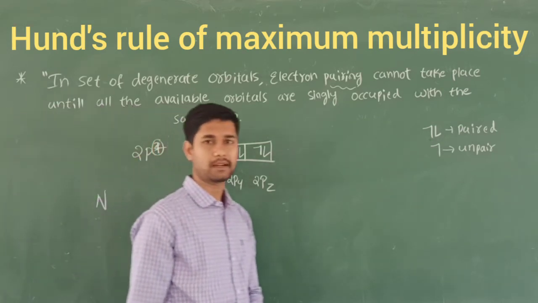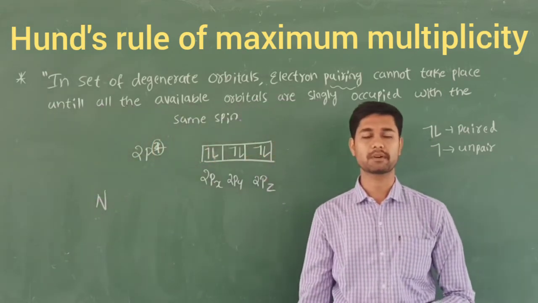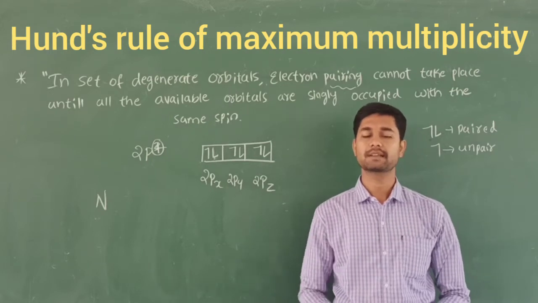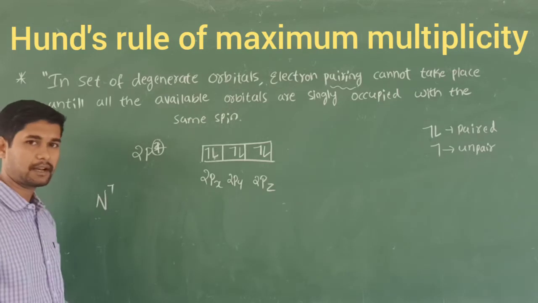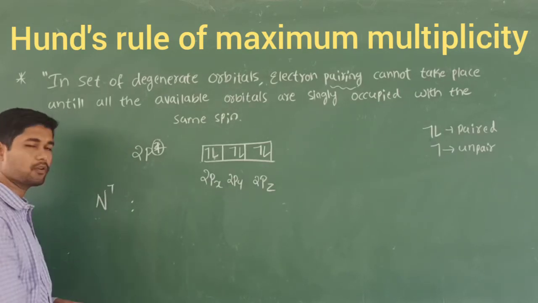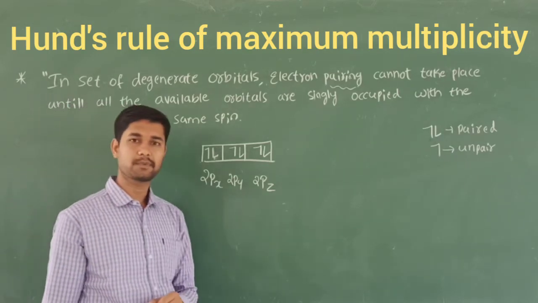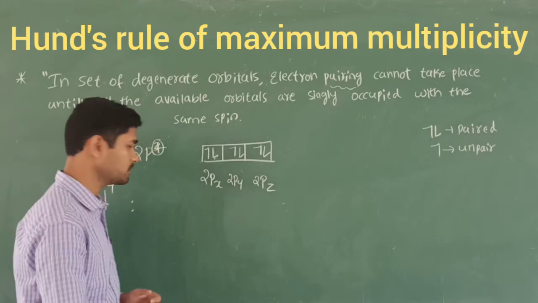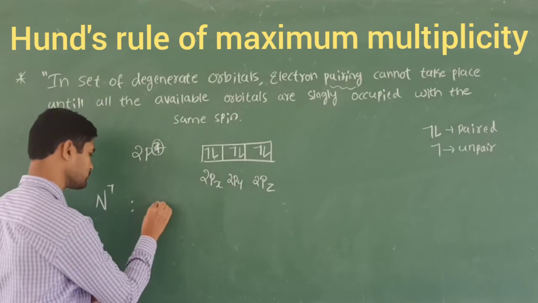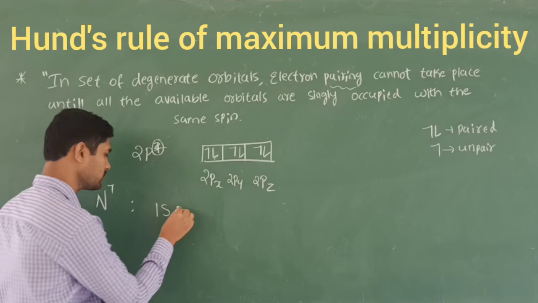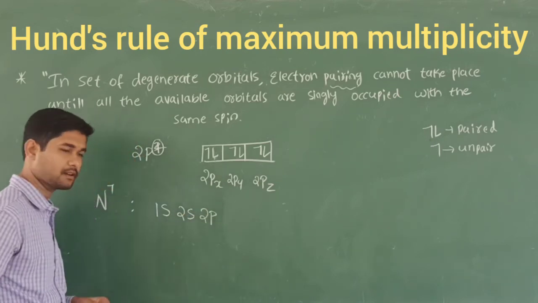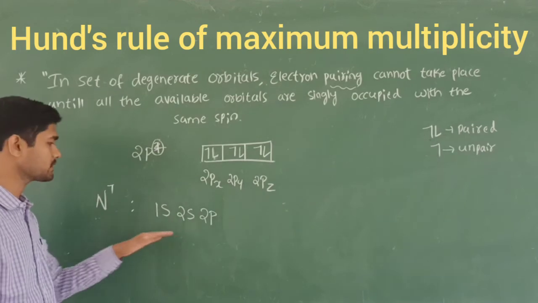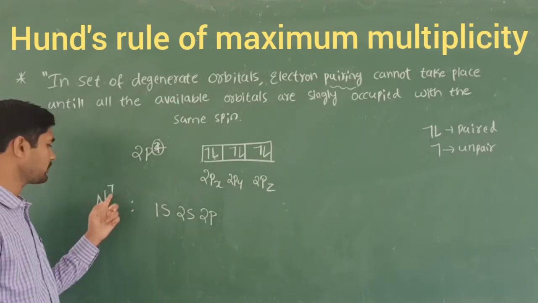Let me take an example of nitrogen. You know its electronic configuration and atomic number. What is the atomic number of nitrogen? It is 7, I mean 7 electrons will be there. How should you write it, according to the principles studied till here? In the increasing order of energies, first 1s, then 2s, 2p. You should fill the electrons in the increasing order of energies. 7 electrons will be there.